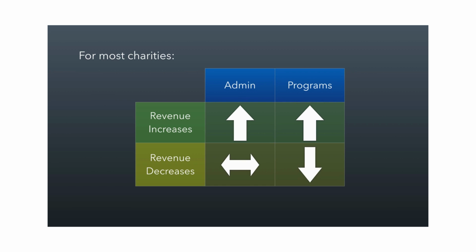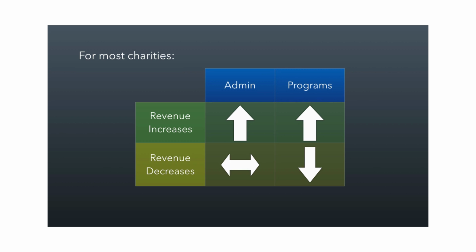And I've mentioned this before, I think, in class, but the basic idea is that when nonprofits see revenue decreases, because the people making the budget decisions tend to be administrators, not program officers, well, the administrators typically keep their jobs and they cut the jobs of the program officers. And so most nonprofits respond to a drop in revenue by cutting back on programs, not by cutting back on